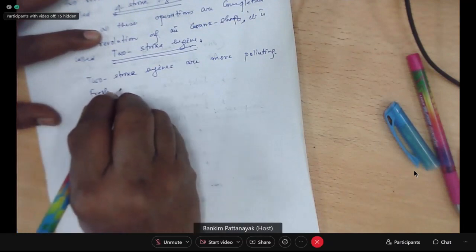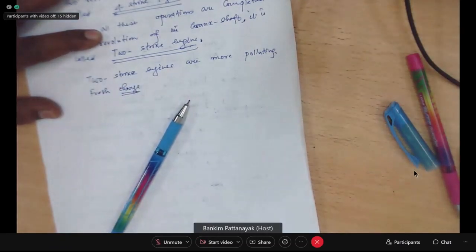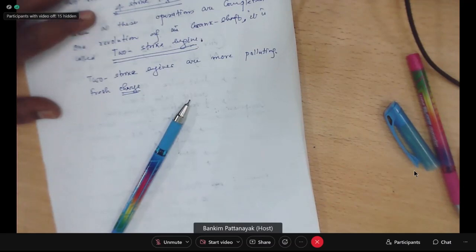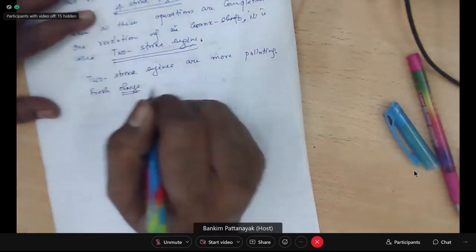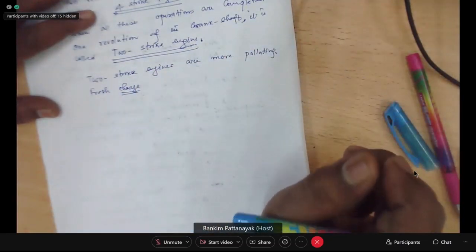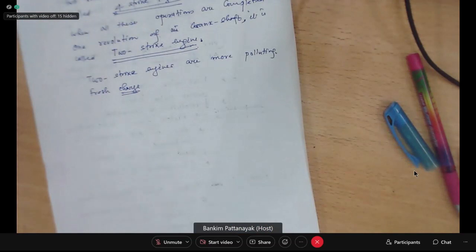Fresh charge, here charge means not electrical charge. Here fresh charge means either the air-fuel mixture in case of petrol. And one thing is that two-stroke engines are basically possible only in petrol engines. डीजल इंजन में जो टू स्ट्रोक इंजन होता है, that is mainly used in marine engines. अदरवाइज टू स्ट्रोक डीजल इंजन होता नहीं, और नॉर्मली होता नहीं है, एबनॉर्मली होता है, मतलब this